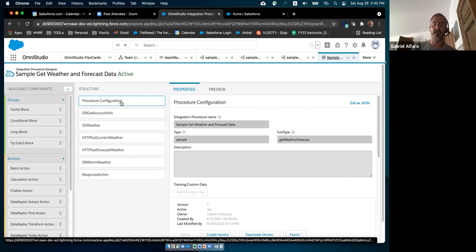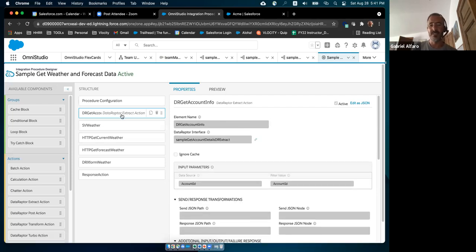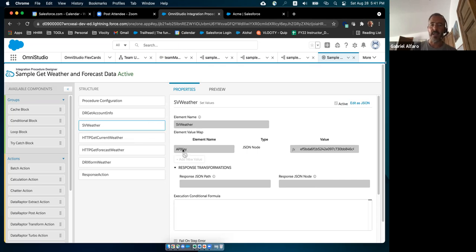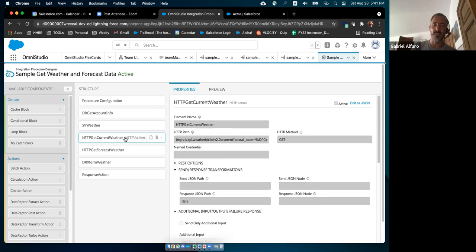So as I showed you in the slides, this has a data raptor extract, and this data raptor, receiving the account ID, is going to retrieve the postal code. With this postal code and the API key from these set values, this is a static variable, okay, that I'm going to use in my HTTP action. If you take a look at this HTTP action, right,